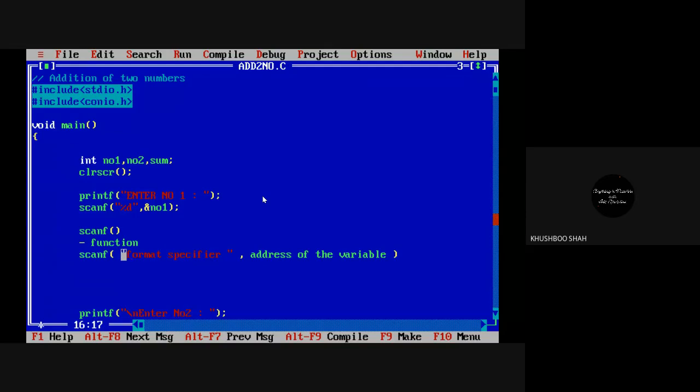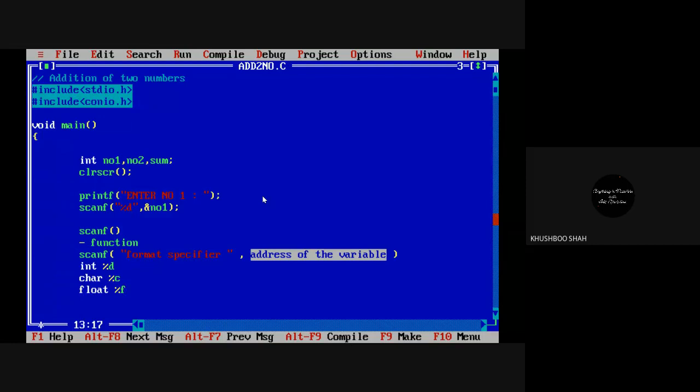The first section, inside the double quotes, is where we write the format specifier, after that a comma, and after that the address of the variable. Suppose it's integer type data, %d is the format specifier. If it's char type data, %c is the format specifier. If it's a float, %f is the format specifier.